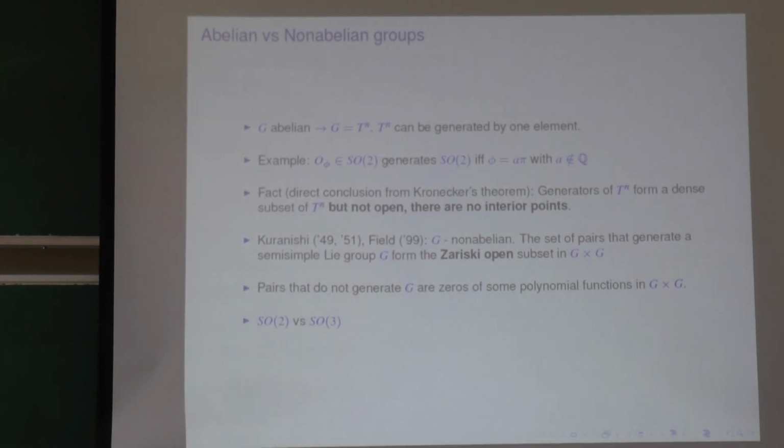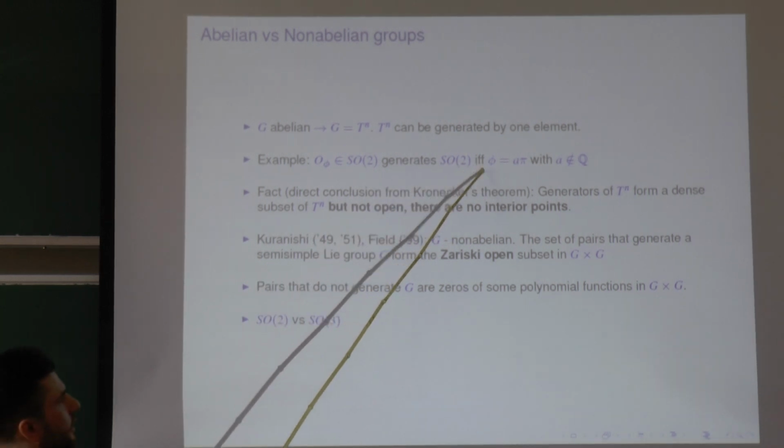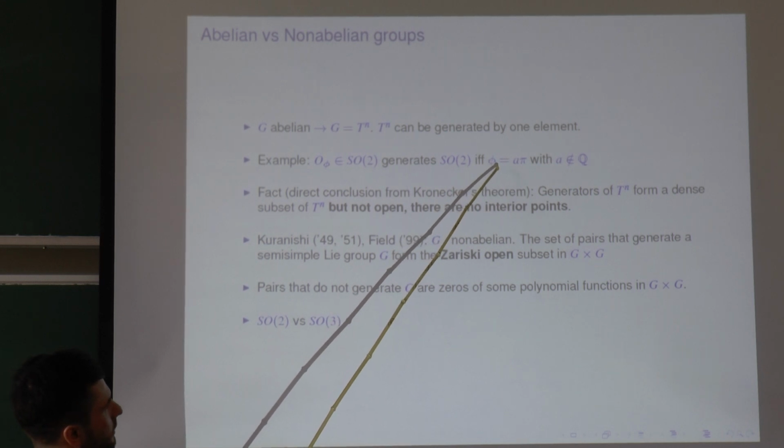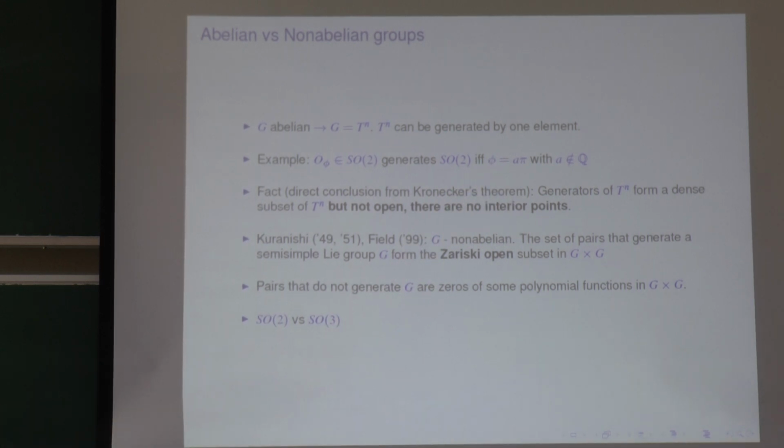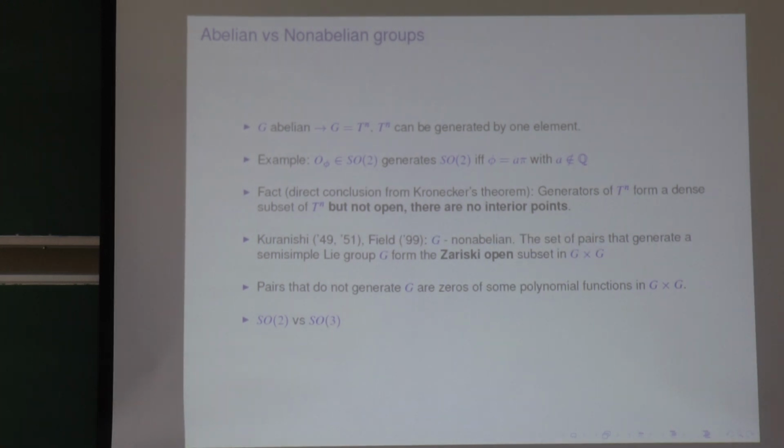It's actually a circle, a one-dimensional torus, and we know that it's generated by any element if the rotation angle of this element is a non-rational multiple of pi. Actually, the same kind of fact is true for any torus. So when I have a torus, then the elements which generate my torus